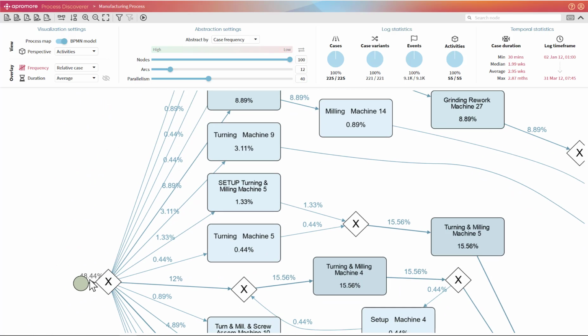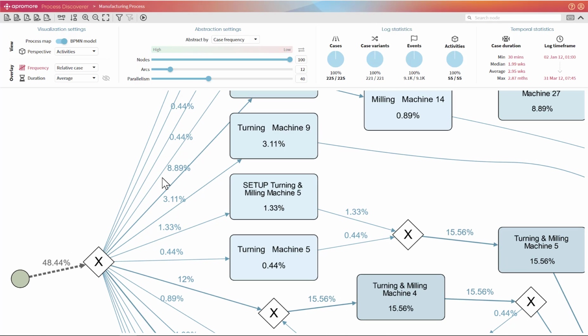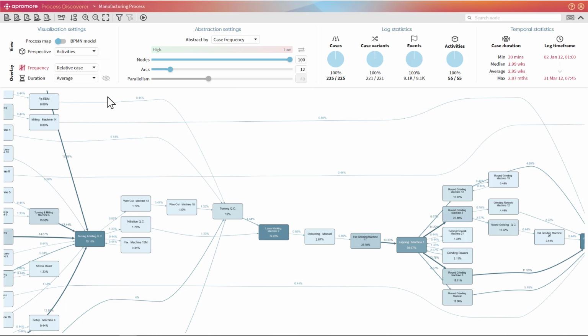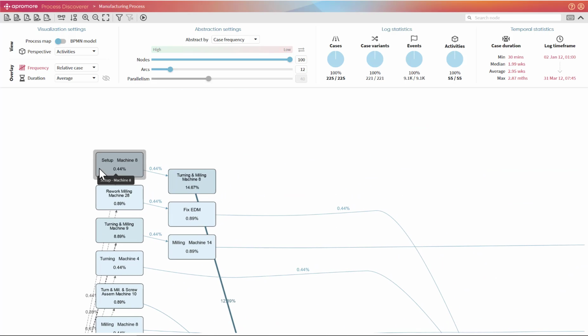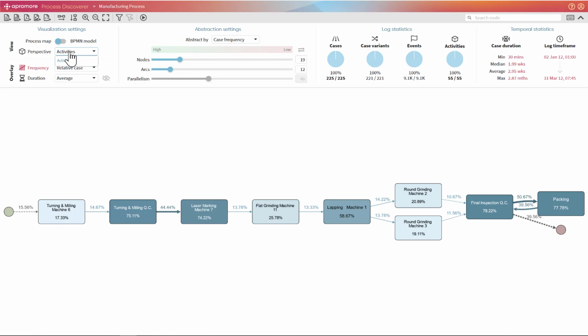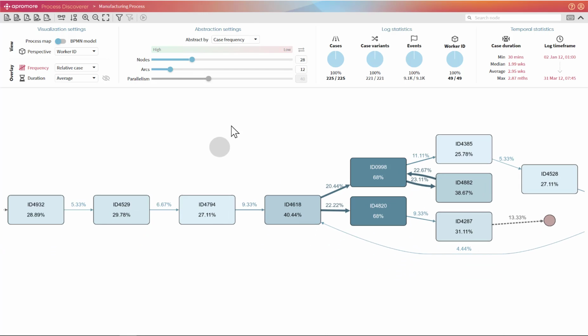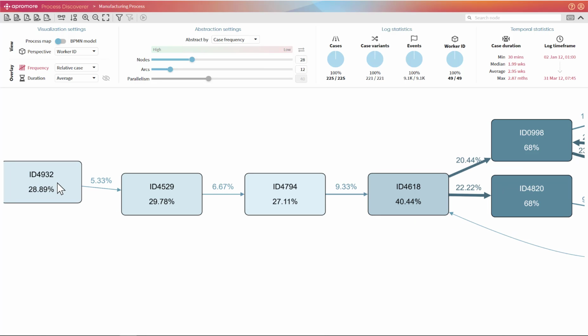In addition to being able to see process maps and process models, both in terms of a process map or in a BPMN notation, I can also see other views in the process discoverer. For example, here I am seeing activities in my process and relationship between activities. But I could, for example, switch to other perspectives. Any column in the log that I imported to Apromore can be used as a perspective. One of the columns in this log is the worker ID. If I switch to that perspective, then the nodes that I'm displaying are no longer activities, but they are workers